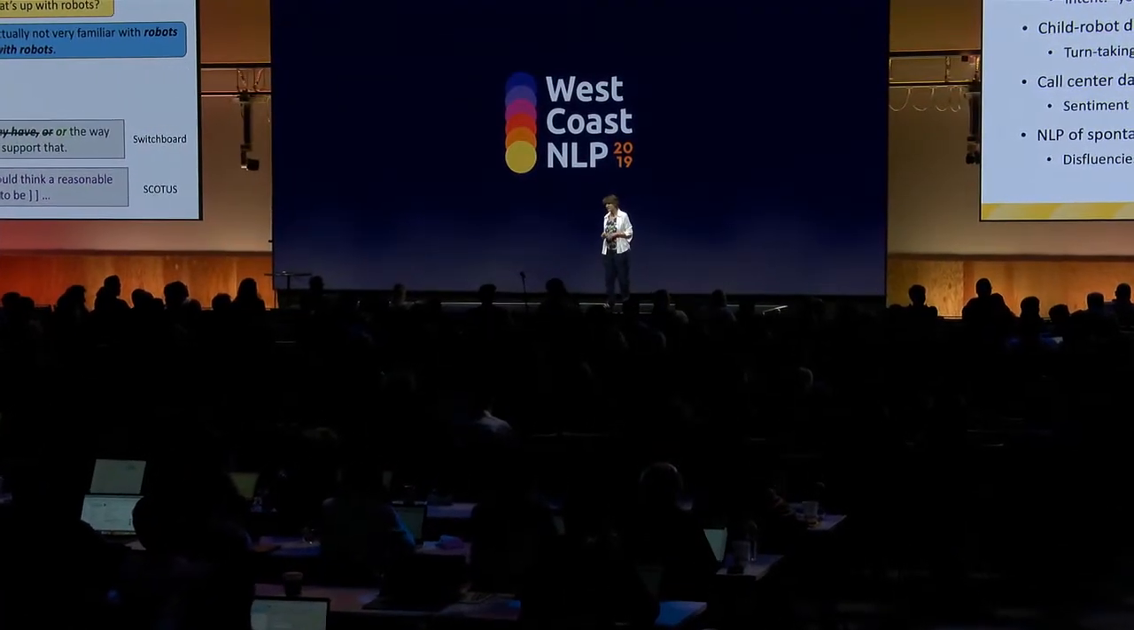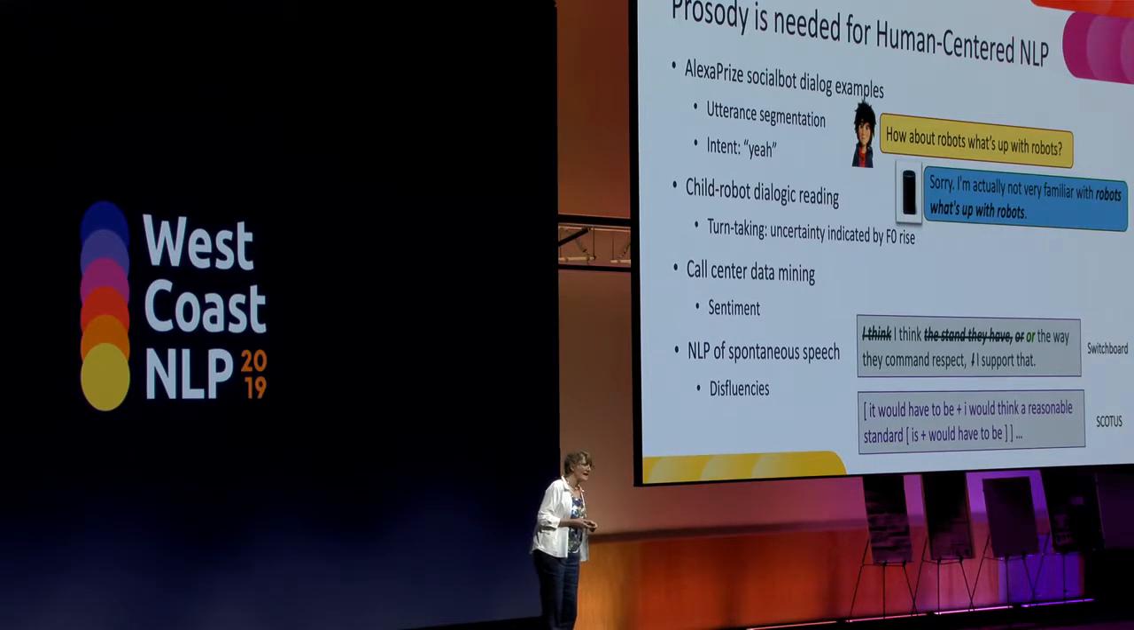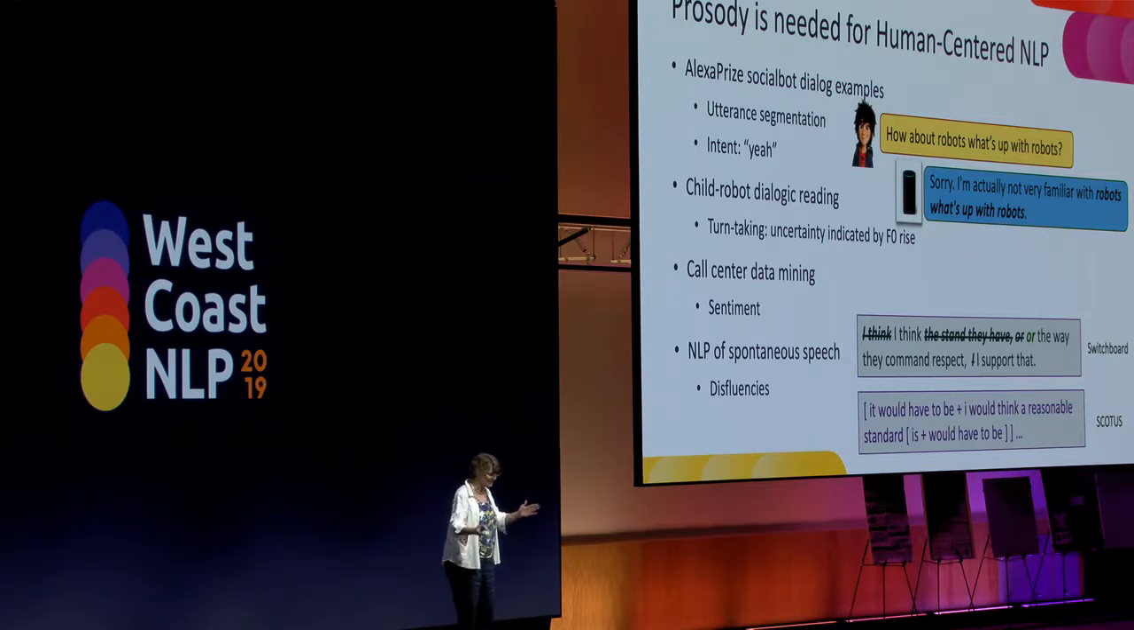More recently, I've been looking at child-robot dialogues and human-child dialogues for reading. And one of the things that you see, in a lot of these virtual assistants and the social bots, is there's a turn, you speak, there's silence, and then the bot knows to take a turn. But if you want to have a more human-like conversation, then you have to do turn taking. And so you have to figure out when to interrupt and